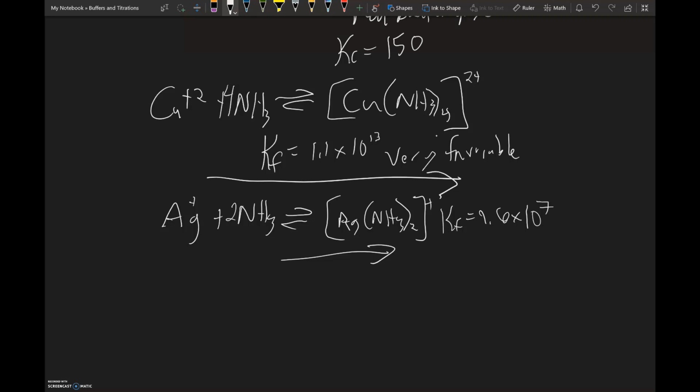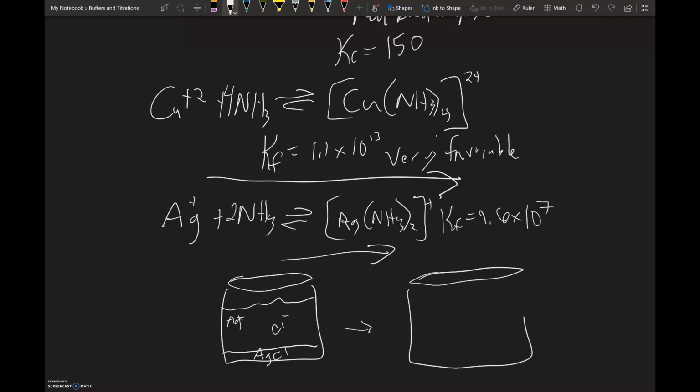If we were to take a beaker, and in this beaker we place silver ions and chloride ions, what would happen here? It would form a solid of silver chloride on the bottom. Now let's take this same solution and this time we're going to add in ammonia. What will happen is the ammonia will come in here and it will actually break down the silver chloride, because the silver ammonia complex